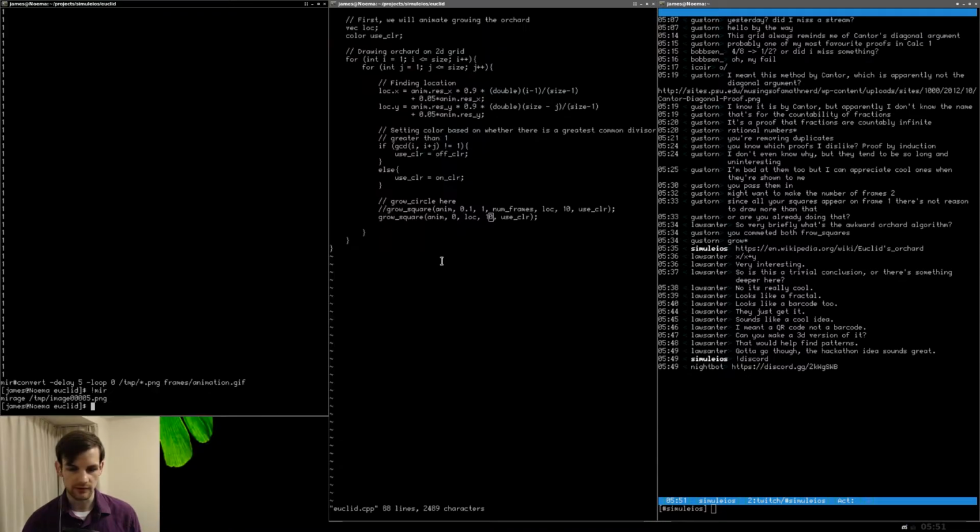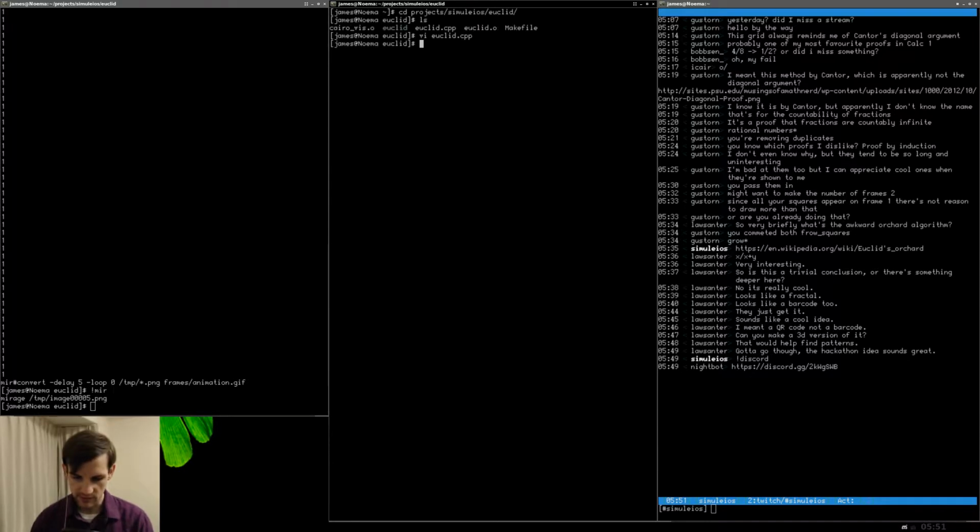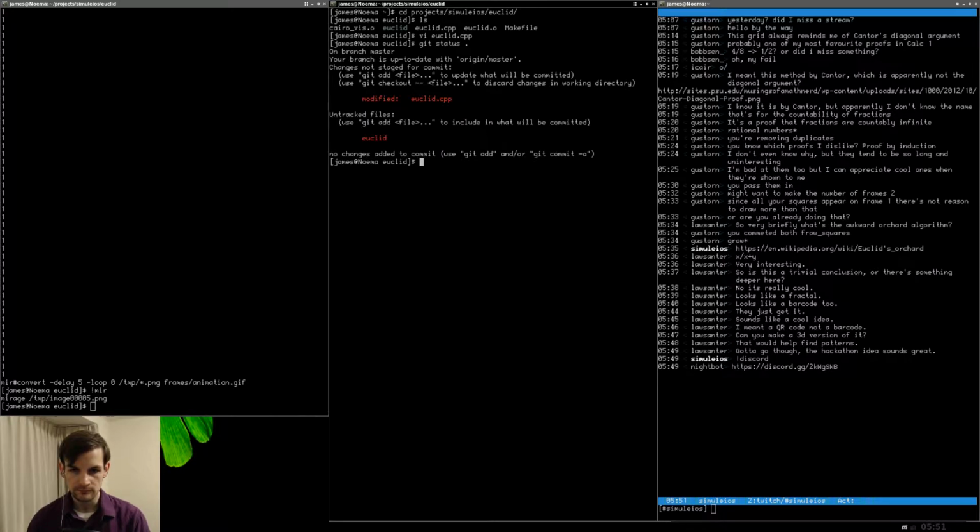So let's go here. Let's go ahead and close that. And I guess I'll leave this as it is. So let's do git status. Let's go ahead and do git add Euclid.cpp. Okay, so let's just go ahead and commit what we have right now, and then we'll move back to the affinity propagation stuff, I guess. I had some stuff I was going to do, but without a clear pattern being visible in that,